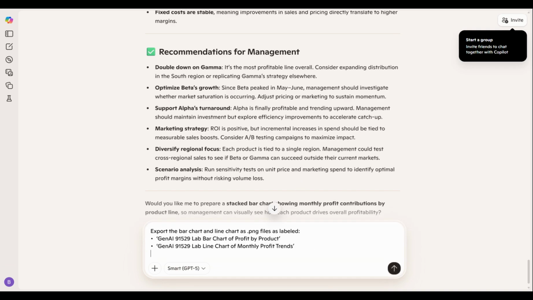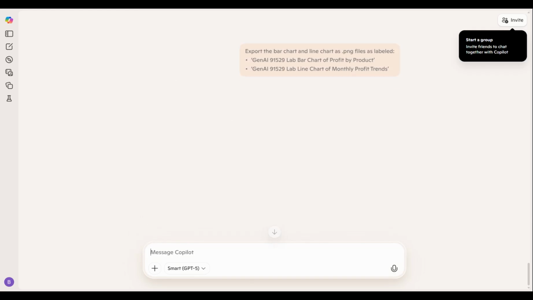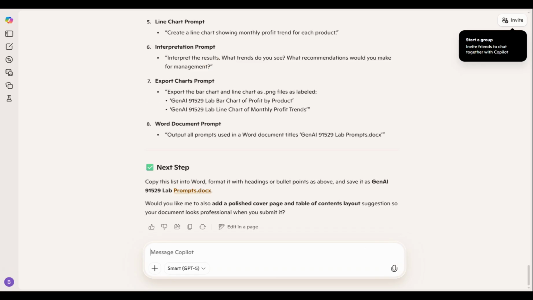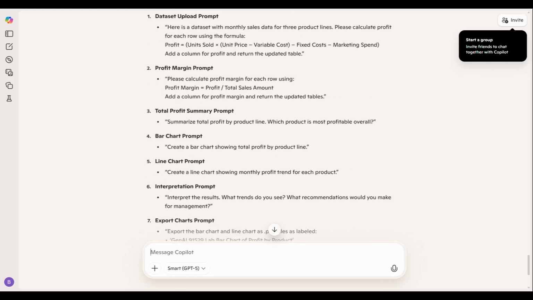We're now going to ask it to export the bar chart and line chart as a PNG file, labeled. Good, that's what we asked. Looks good to me. Ask it to output all the prompts using a Word document titled GenAI and Lab Prompts. And that concludes this